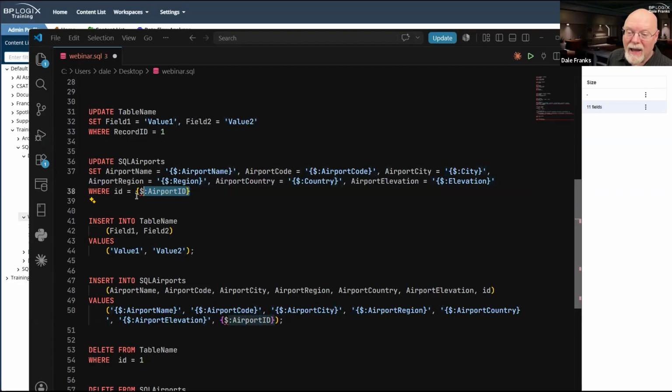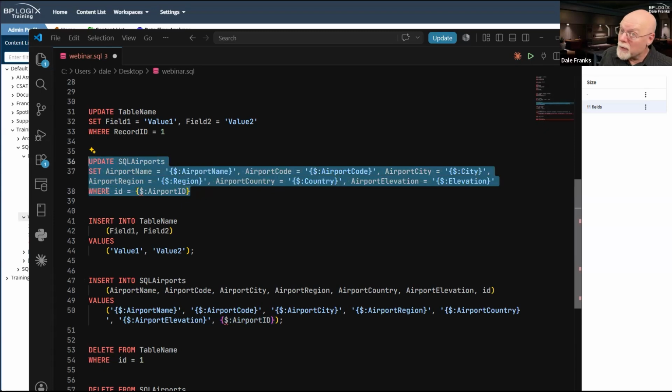And the fact that this is not enclosed in quotes tells me that that is some sort of numeric field. So just looking at the SQL statement, if I'm a relatively experienced person with SQL, I'm getting a lot of information about this database table, the fields it contains, their data types.